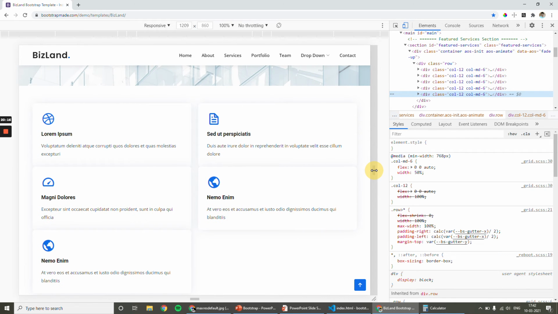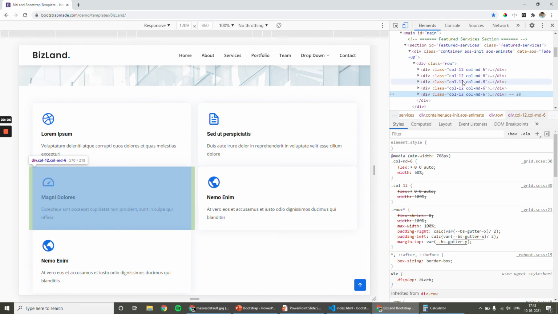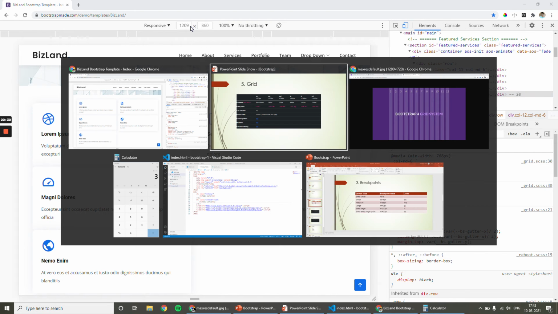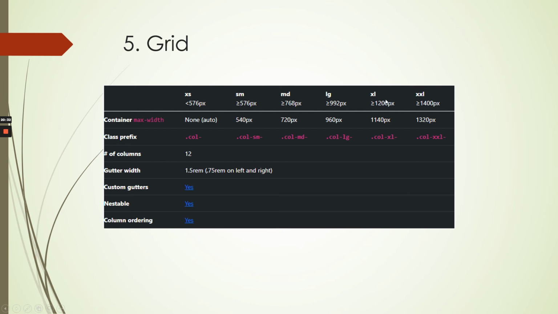When I expand more than 1200, now I feel like I have more empty space. I can simply break this single line to two so that I can save some space. How can I do that? Now the device width is 1209. So 1209 is extra large.